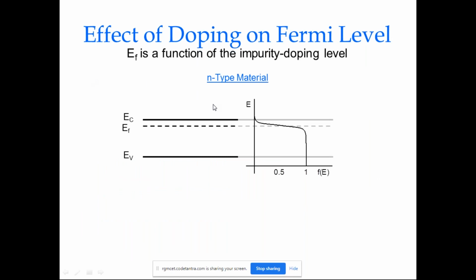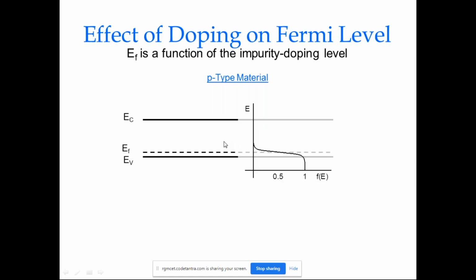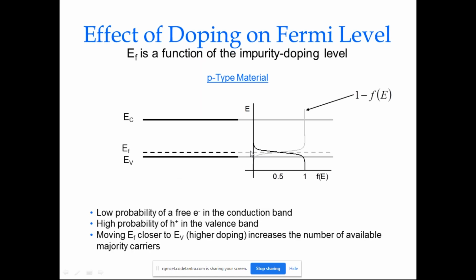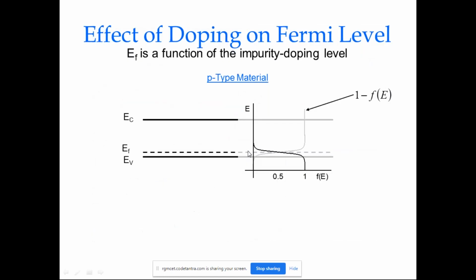This is the Fermi level for n-type material. The n-type material has donors, which create an energy state near the conduction band; that is also called the Fermi level. This is the Fermi distribution function. Similarly for p-type material, this is the Fermi distribution function, depending upon the Fermi level, as we added acceptor impurities near the valence band. So these are the simple Fermi distributions, right?